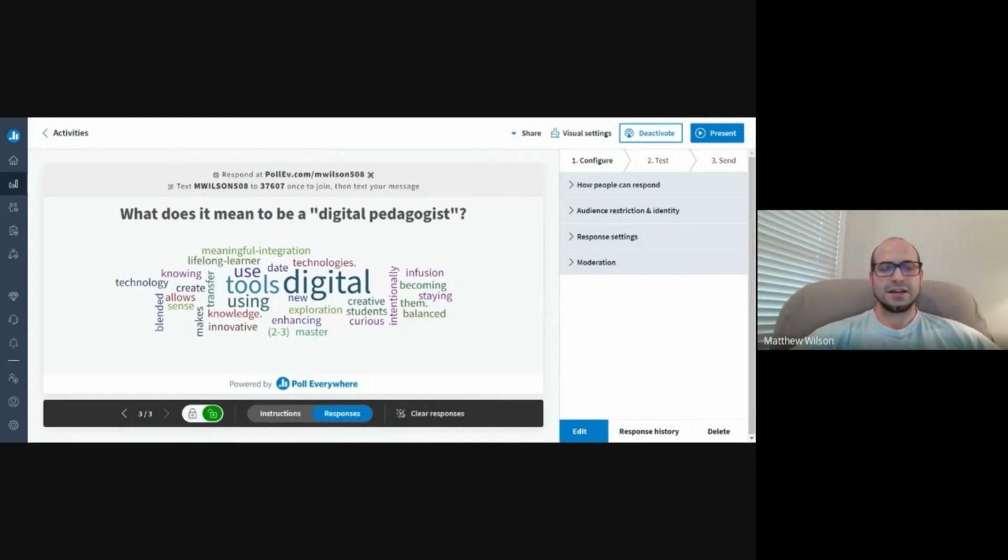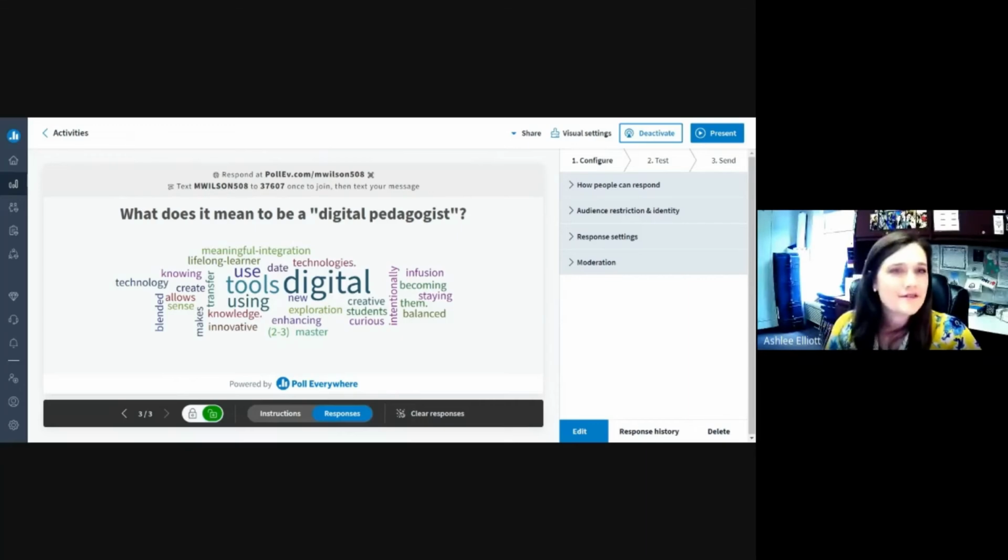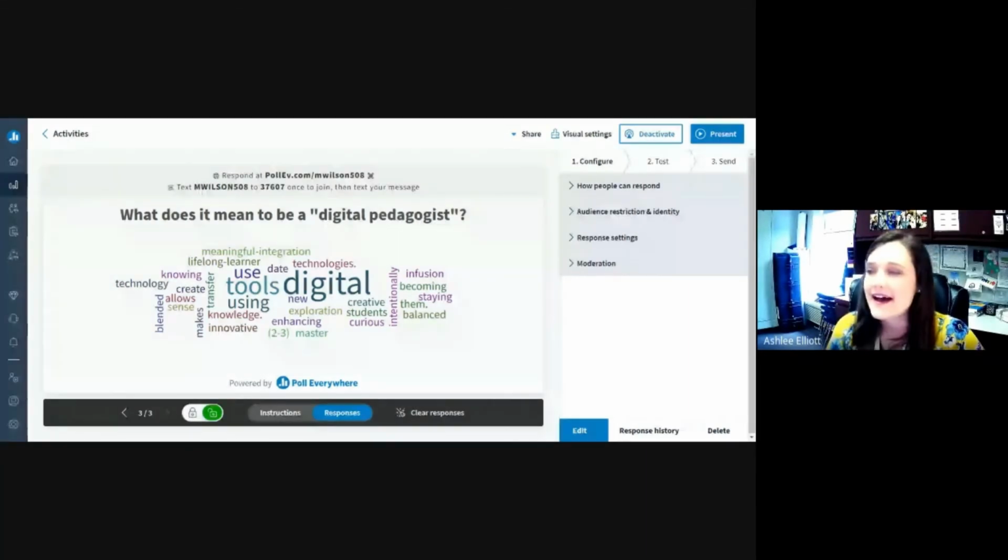All righty. Well, if there are no more thoughts on that, I know that's a lot to digest, thinking about digital pedagogist, or sorry, Holly Clark always calls it digital pedagogist. And so I always question back and forth, which way? Anyway, we're going to move into looking at what this entire book study looks like